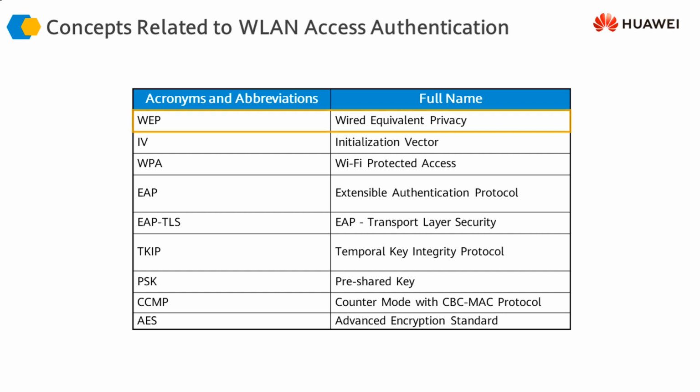This is one of the security protocols that is used in wireless environments. But as I said earlier, this was a weak protocol, and generally it is not being used anymore. IV is the initialization vector, which is used for encrypting the traffic that is being exchanged between an end station and the access point.